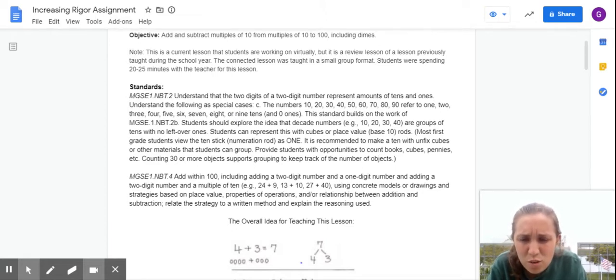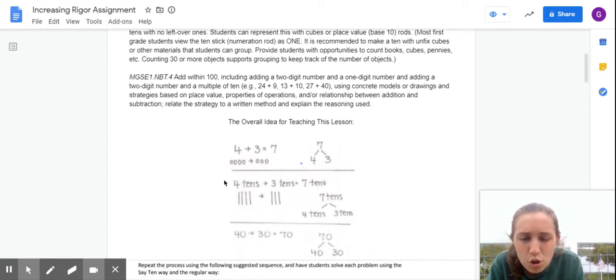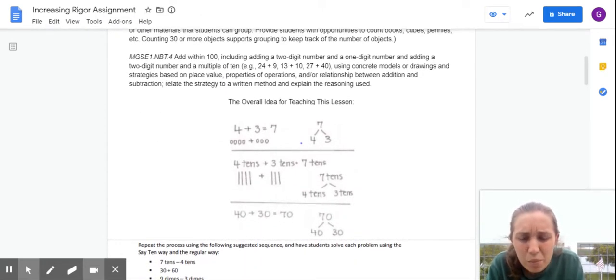And we also have a standard where we're adding within 100 using two-digit numbers. So both of these standards are saying that we are understanding, remembering what we've learned about place value while also applying that work from place value to now addition and subtraction of two-digit numbers. So the overall idea when teaching the lesson is you're helping students understand that tens are very similar to ones, because tens are numbers that don't have any extra ones, whereas other numbers that are two digits may have extra